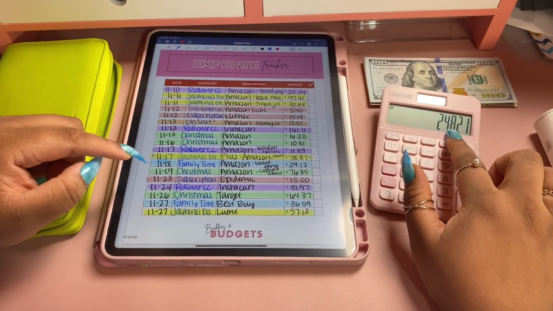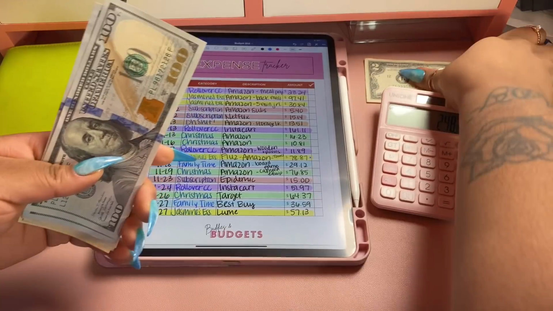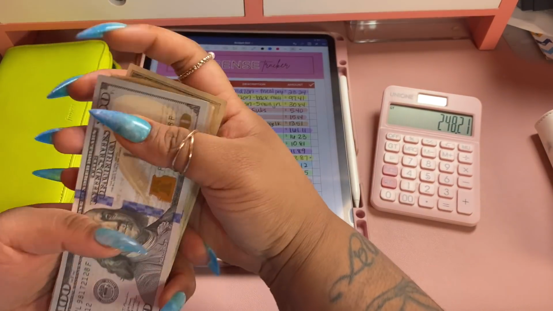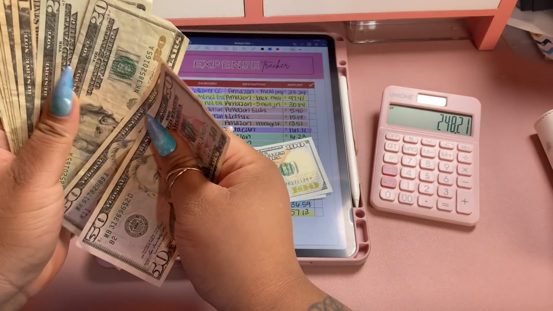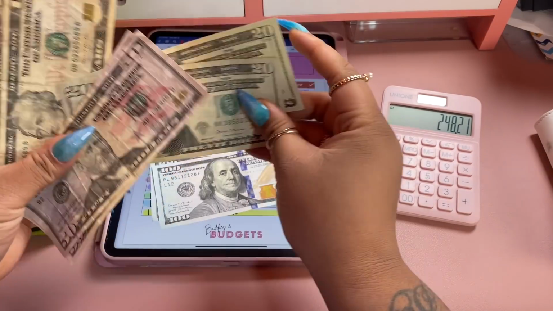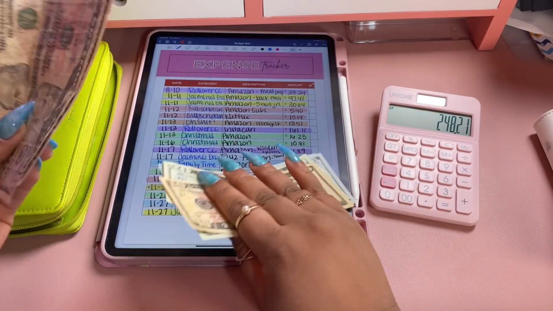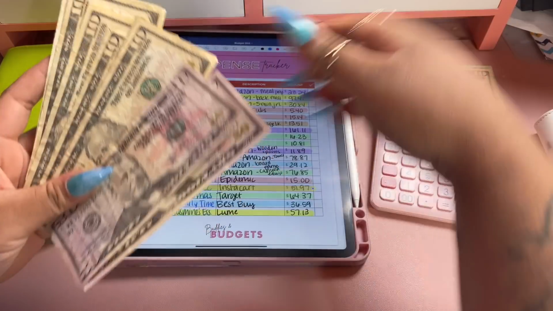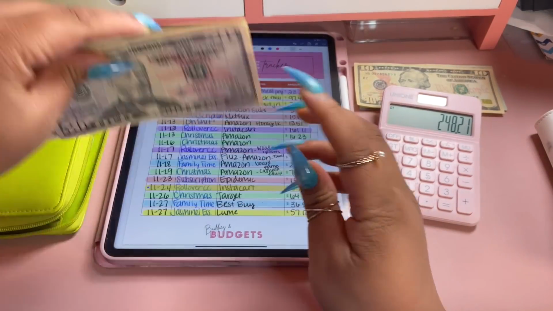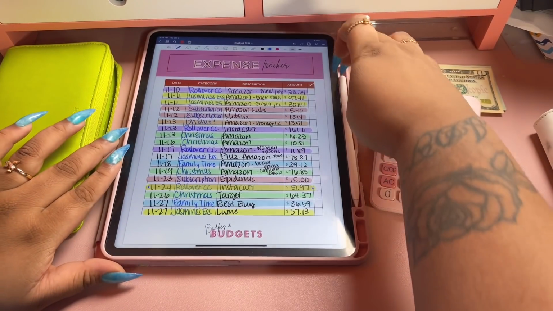So our total from rollover money is 248.21. Okay, so there's 100, 200, 40, let's do 50, so 250. So we'll set that aside and I'll set my rollover money up here in case I need to pull from it, because one of these transactions,